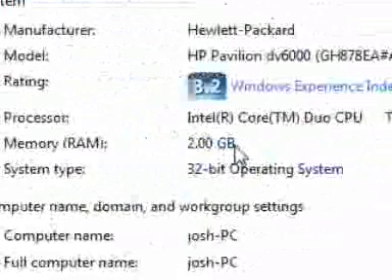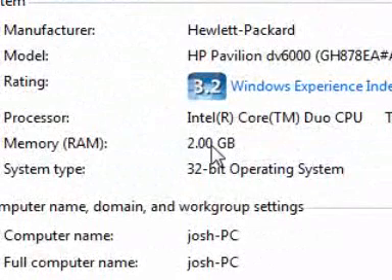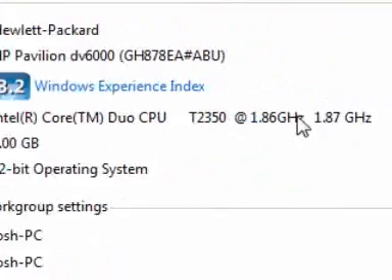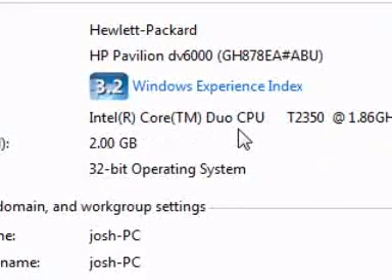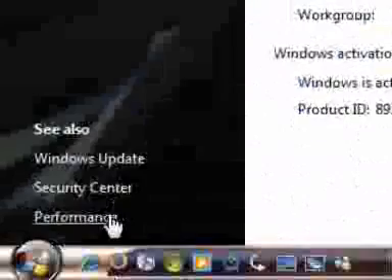I've recently today changed my RAM from 1 gig to 2 gig, which is amazing. It's so much faster. I'm well impressed that I bought it. As you can see, mine's a 1.87, near enough, Intel Core Duo processor. If you go on to performance,